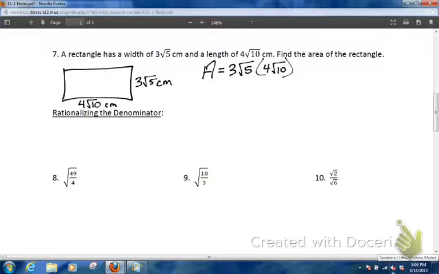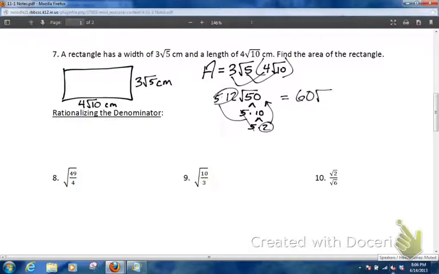So I'm going to say that's going to be 3 times 4 is 12. And then root 5 times root 10 is root 50. But again, I know I'm going to break that right back down into 5 times 10. 10 is 5 times 2. So that pair of 5's comes out as a 5. This 2 stays underneath. Final answer, 5 times 12 is 60